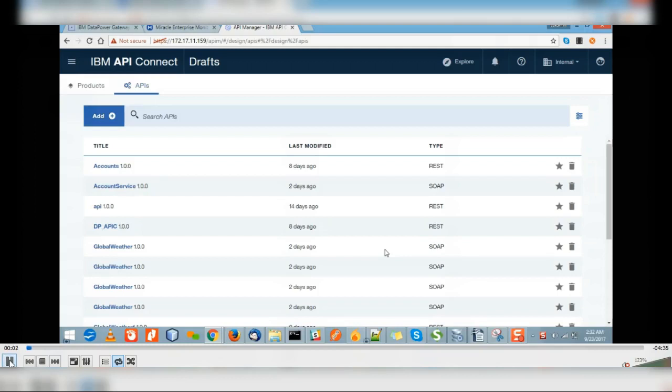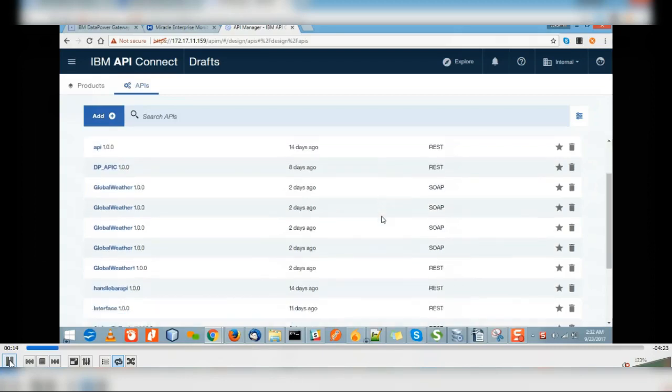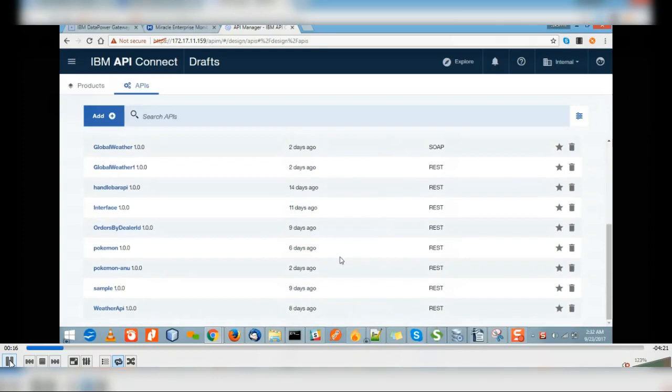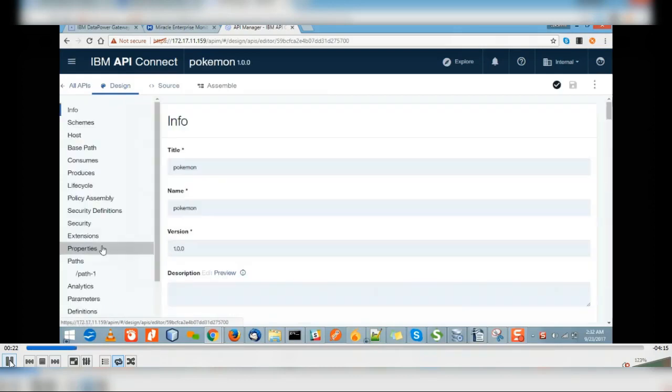For that, first of all I am creating a sample REST API in API Connect. I have taken a small Pokemon REST service here. I have already created an API. Here I am showing that go to Pokemon API,